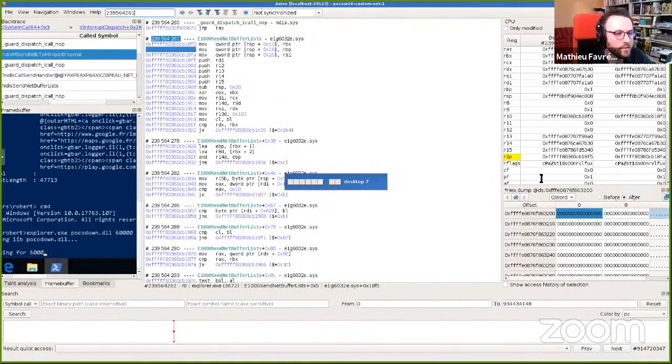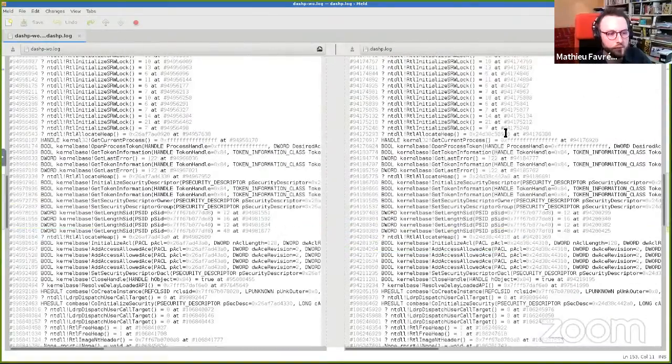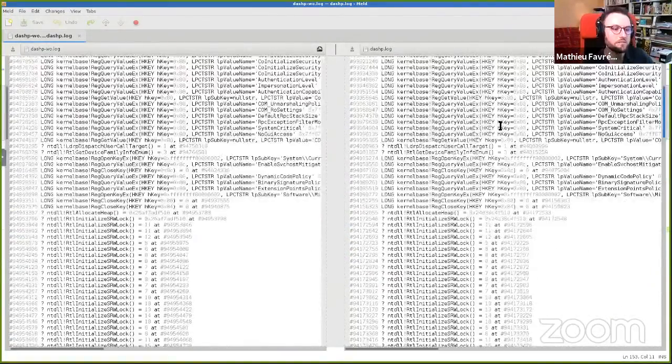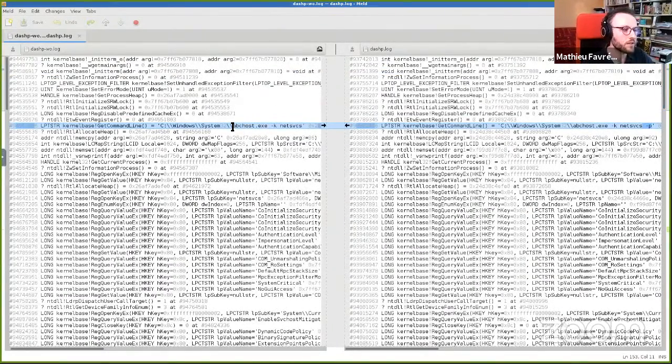What I have on that different set of traces is a completely different use case. I was interested in seeing the differences between 2 runs of SVC host, which I renamed so that I could have a separate process, with or without the -p argument. And I was interested in seeing the differences between the two, because that argument, as far as I know, isn't documented. So I did that, and then I extracted the library calls from the binary called ABC host in my